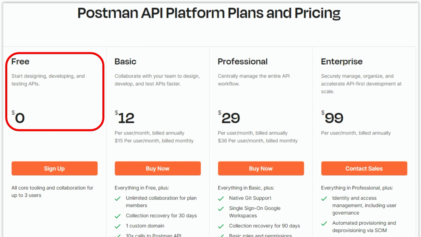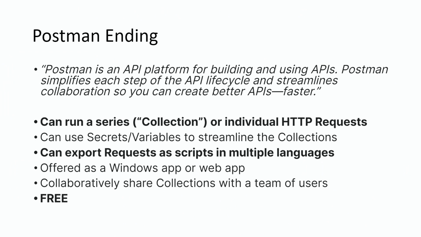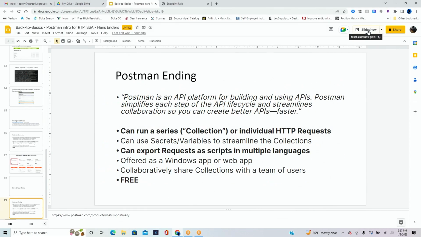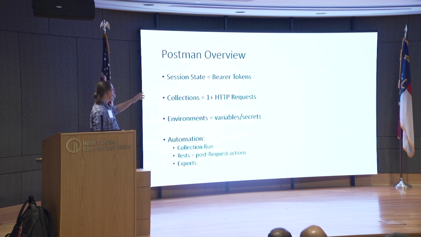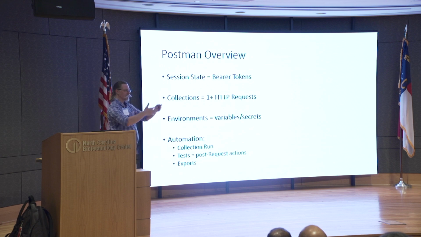All right, so quick little review. Session state is maintained using bearer tokens. So those are little headers that have to be included in the traffic. The collection is one or more requests. I'll show you some samples of those. It can be a single endpoint or it can be a series of them. And what's beautiful is you can get them to run in series by clicking one button. Remember those 4 requests I talked about? You can just create a collection and say go, and it runs all 4 actions one after the other.